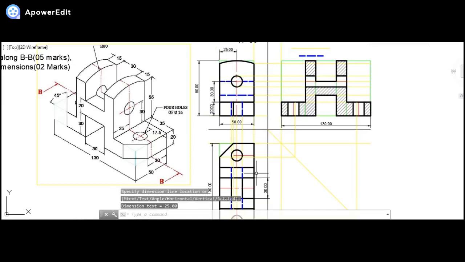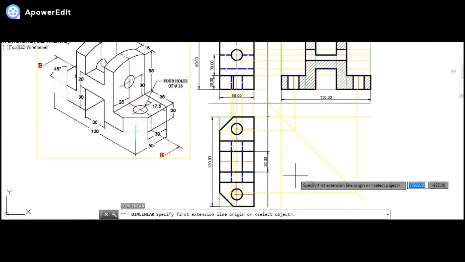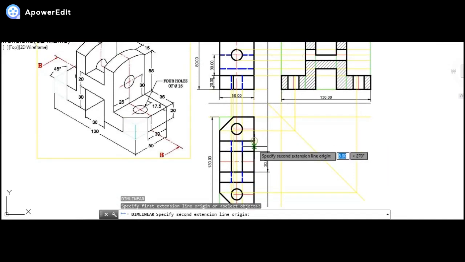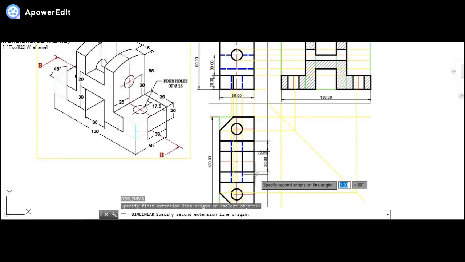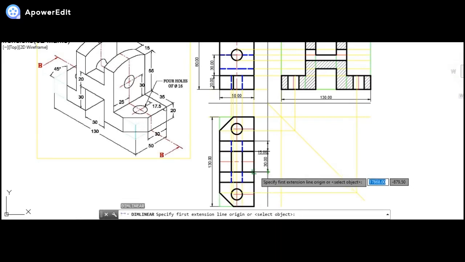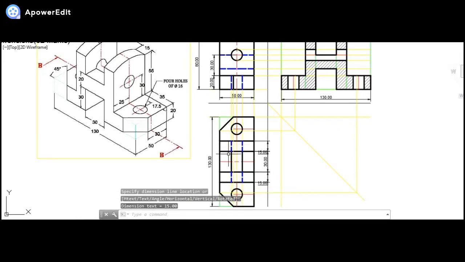Okay, a few more dimensions that we can show in the top view now. Linear dimensions, of course, I'm talking about. So from here till here it is 15 mm. This is how the dimension we can show it. Even from here till here the same distance is there, that is 15 mm, on both the sides.